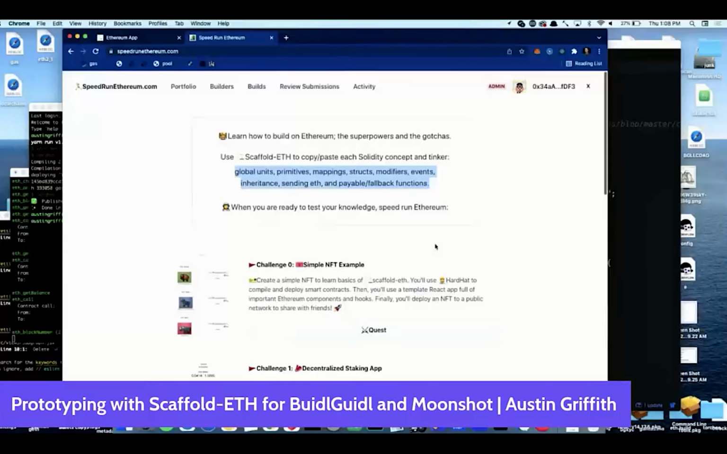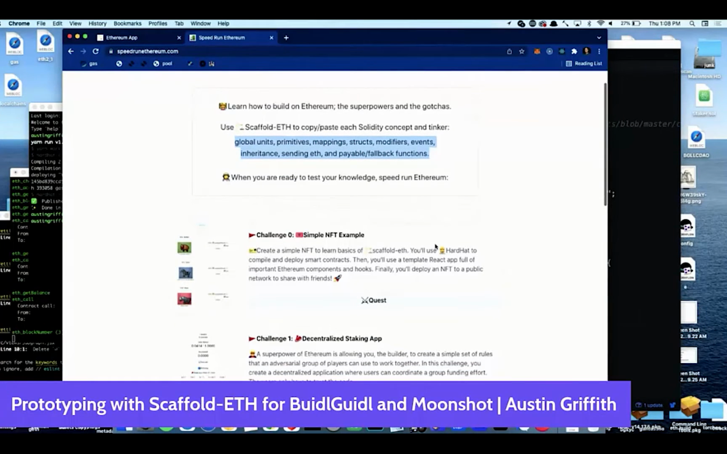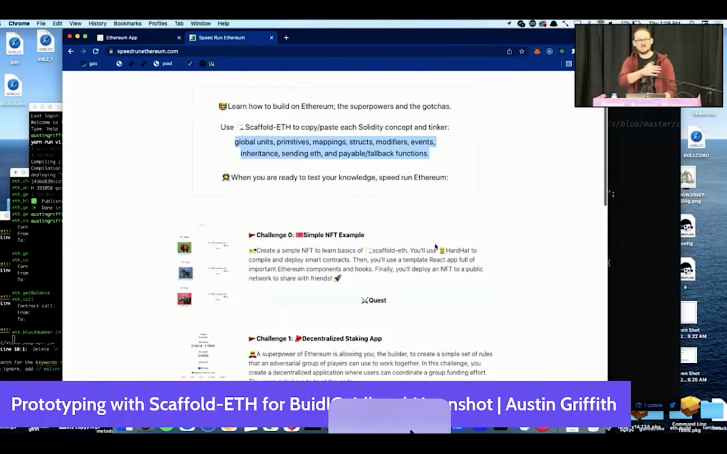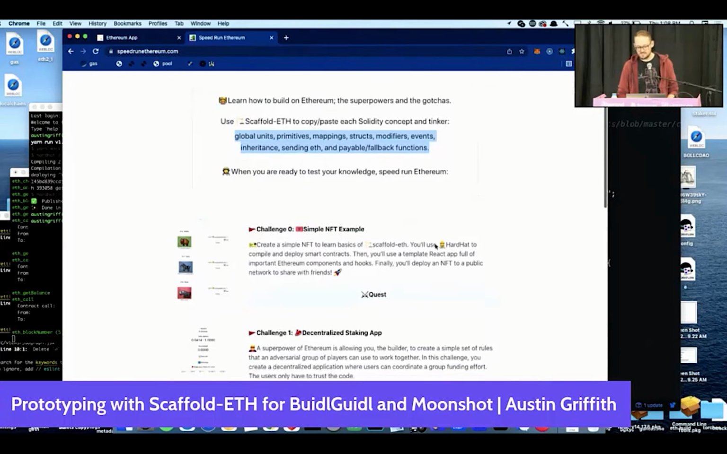Right there. So speedrun Ethereum takes you through, initially, you're going to grab Scaffold ETH. You're going to learn the syntax. If you're a good programmer, the Solidity syntax is easy. You'll pick it up right away. And then after many mentorship sessions, I've crafted, with the help of a bunch of people, this curriculum that takes